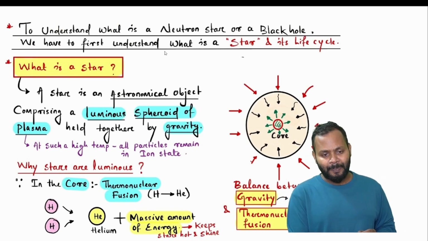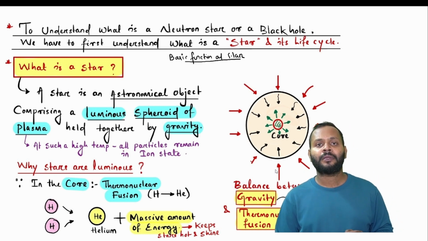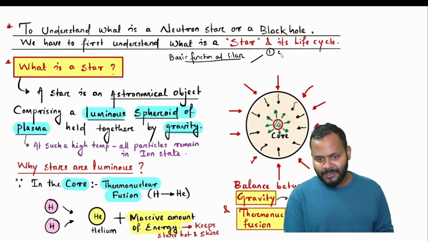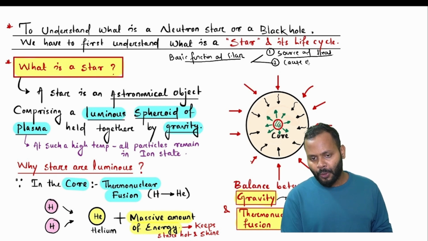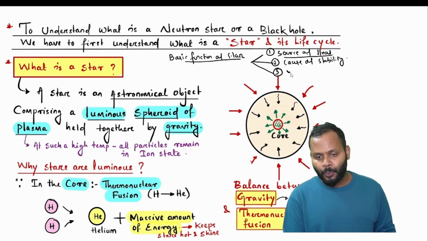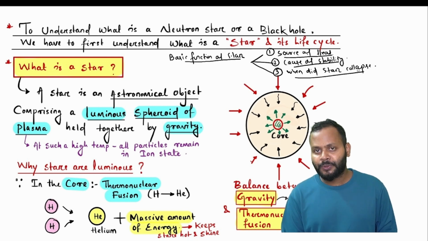So first we'll try to understand the basic function of the star. In order to explain the basic function of the star, I will give you three questions. The number one question, what is the source of heat for any star? The second, what is the cause of stability? And in the third point also we'll discuss, when did a star collapse. Everyone is okay? These are the 3 points I just want to put focus on in the first phase of the